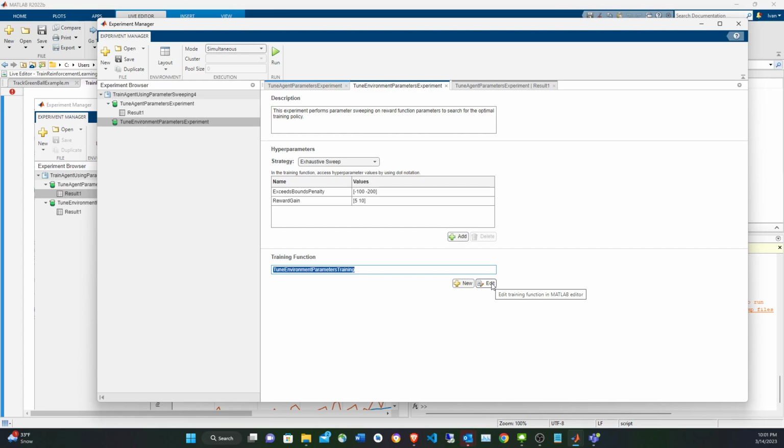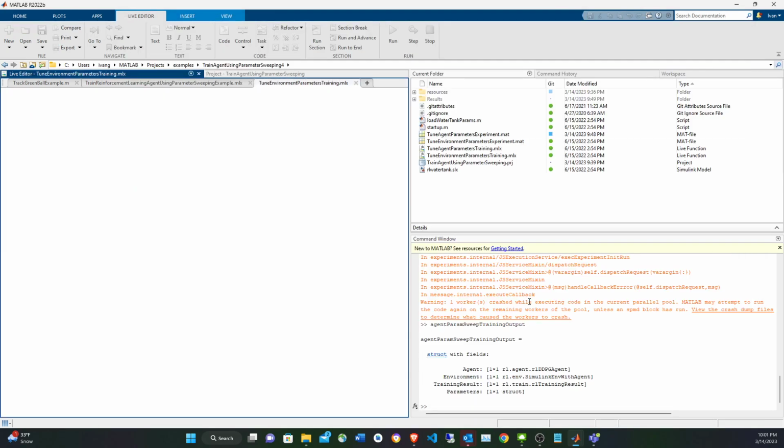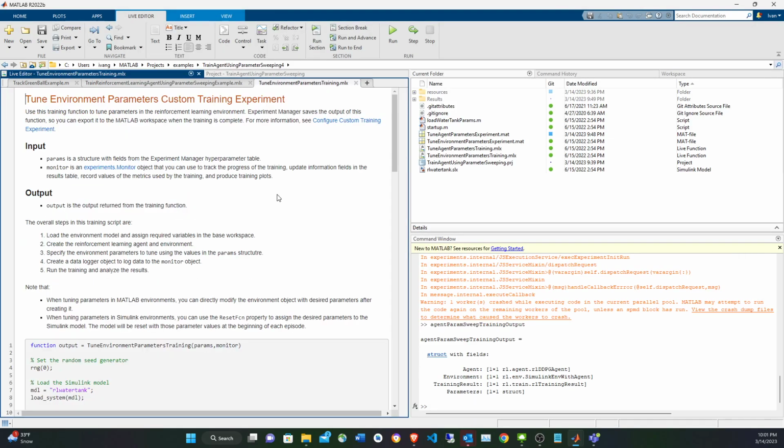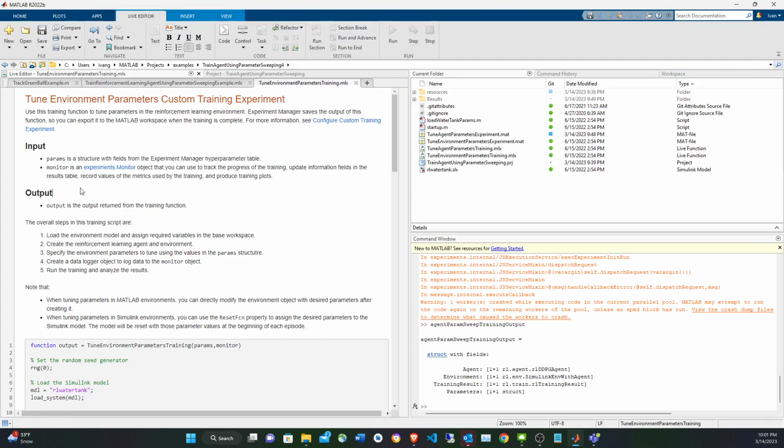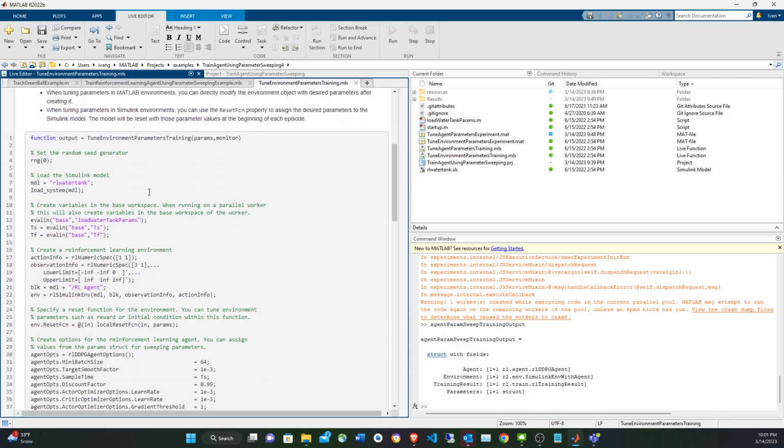From the perspective of the experiment manager, both of them are the same. It's just basically going to sweep through all the possibilities, and as I mentioned before, since the possibilities in this case are only 4, you can do an exhaustive sweep, but you can also do Bayesian optimization in case your state space is larger. Okay, so this is an entry point of the function, and again you have the parameters and